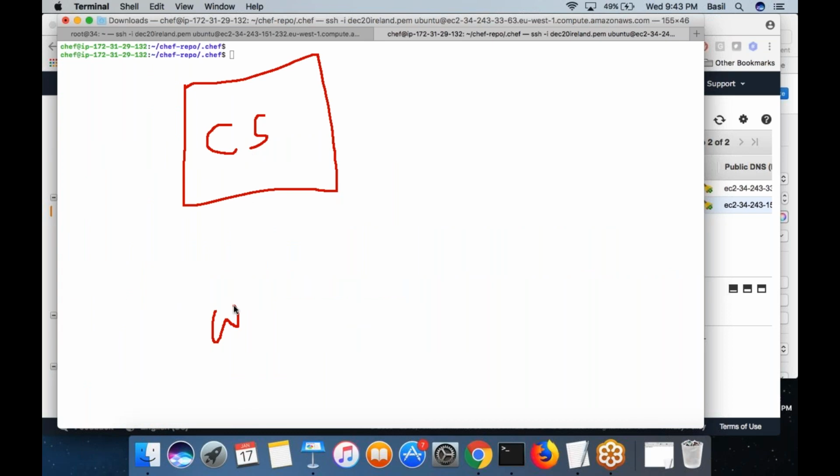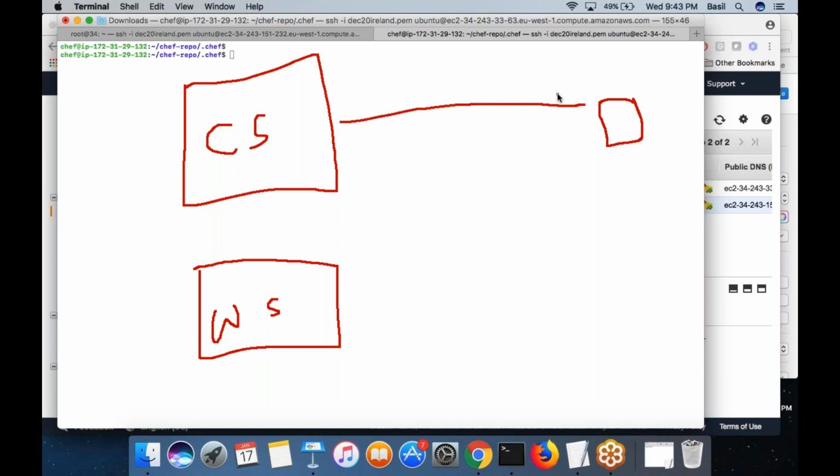Then you created your workstation. Yeah, that is also done. Now you want to create a new node which the chef server will manage. Maybe call this machine web 001.